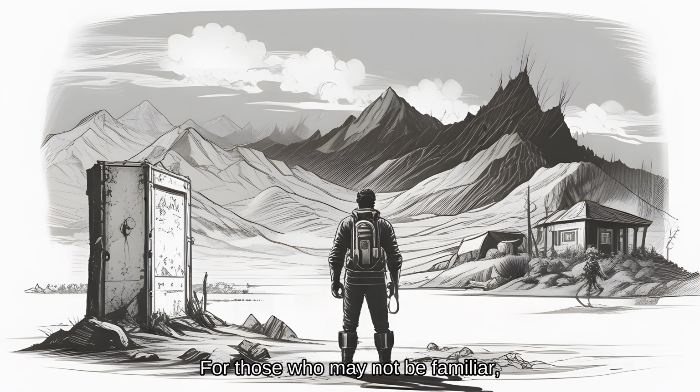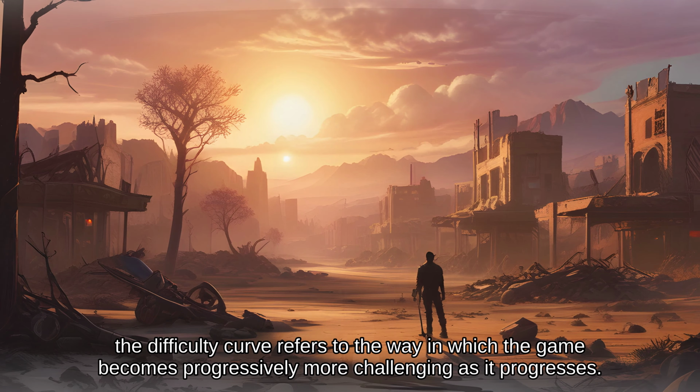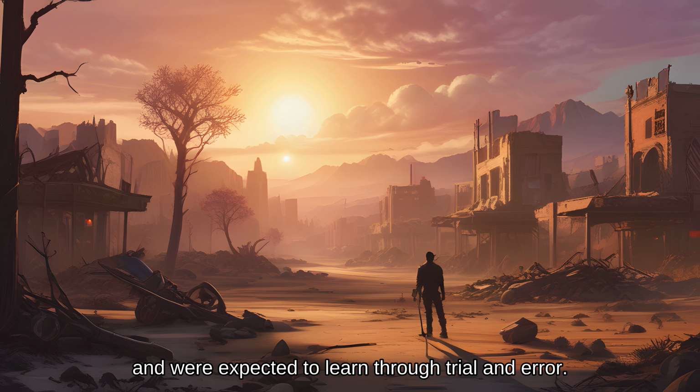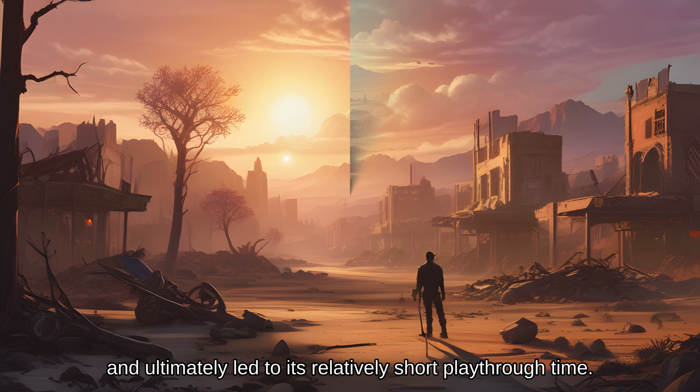For those who may not be familiar, the difficulty curve refers to the way in which the game becomes progressively more challenging as it progresses. The original Fallout, released in 1997, is notable for its simple, if not outright brutal, difficulty curve. Players were dropped into a post-apocalyptic world with minimal guidance and were expected to learn through trial and error. This approach had the unintended consequence of making the game feel overwhelmingly difficult, and ultimately led to its relatively short